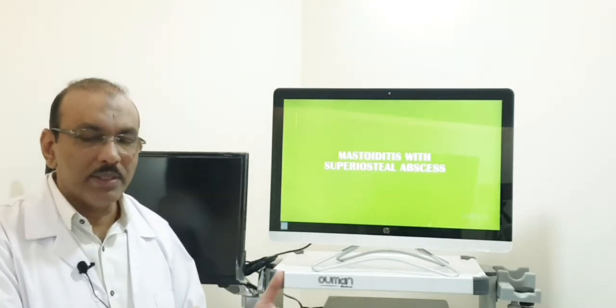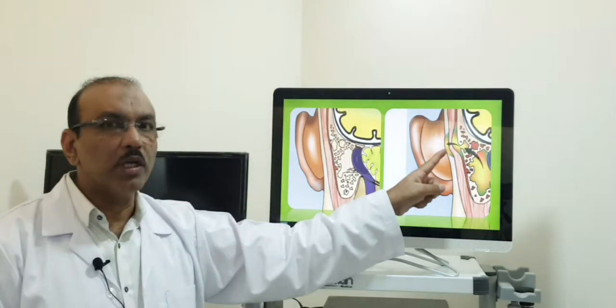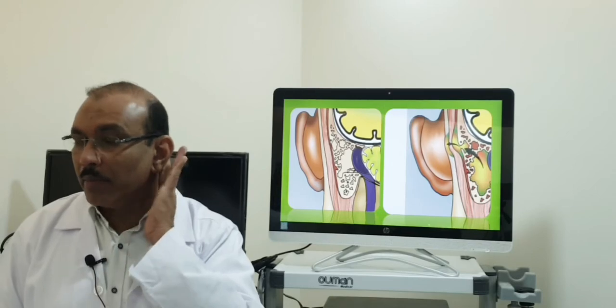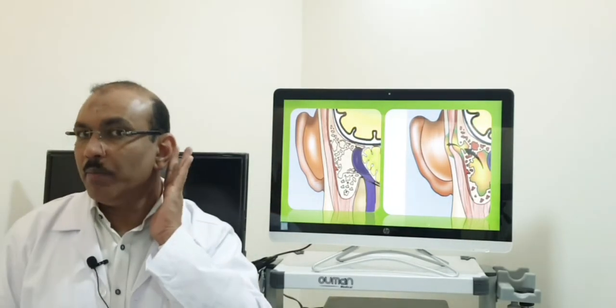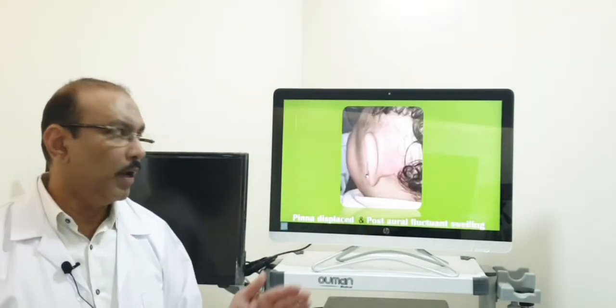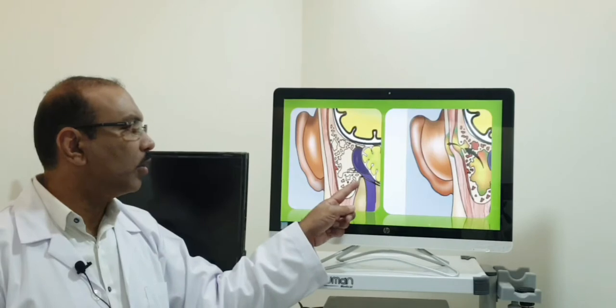As and when it advances, if the treatment is not given properly, or the virulence is more, or bacterial resistance is there, the pus, which is confined to the mastoid air cell system, breaks the outer bony wall and comes laterally, just below the skin. So the swelling behind the ear increases. So there is abscess formation. This is a later stage. Now, as you see in this picture, just behind the ear you have significant swelling. See the first picture, you have minimal swelling. The second one, you have marked swelling.